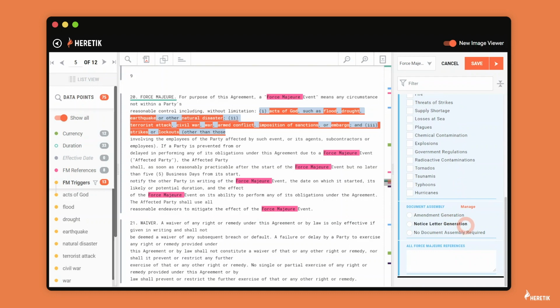Next, for what to do with document assembly, I just wanted to note that we don't require that you send a field in order to code a document. You could also just select a choice. We just won't maintain the location. In this case, we do want to generate a notice letter to the opposing party, so I'll select notice letter